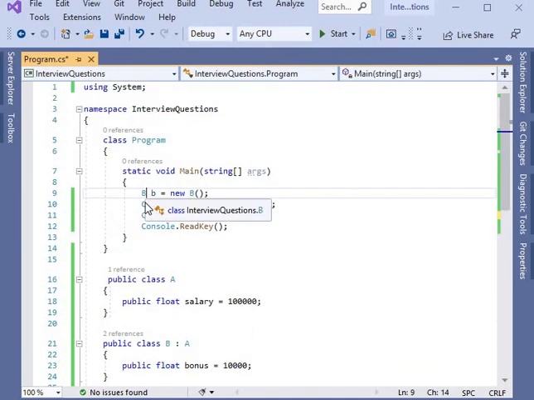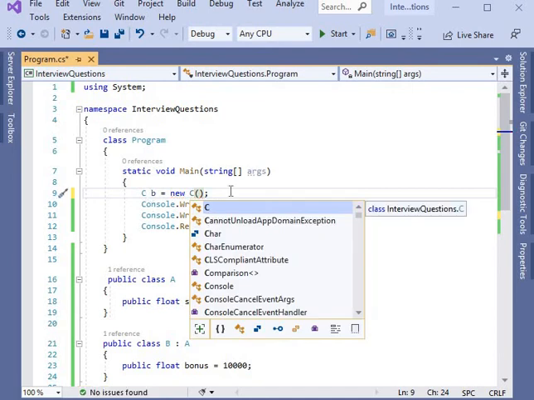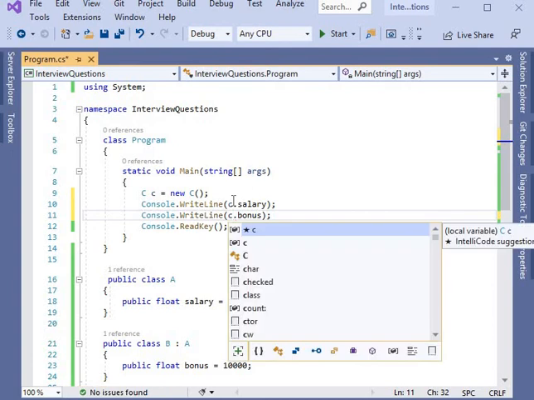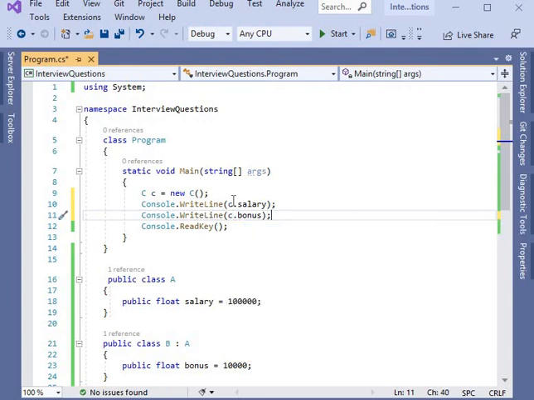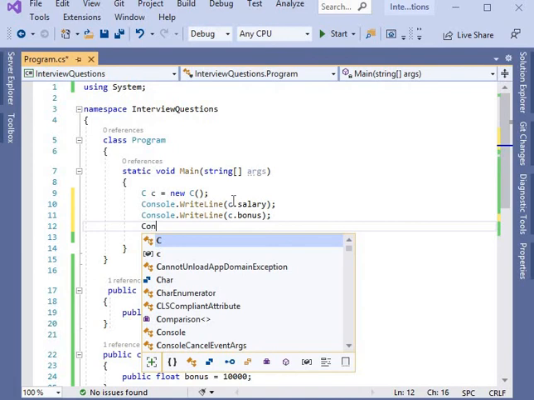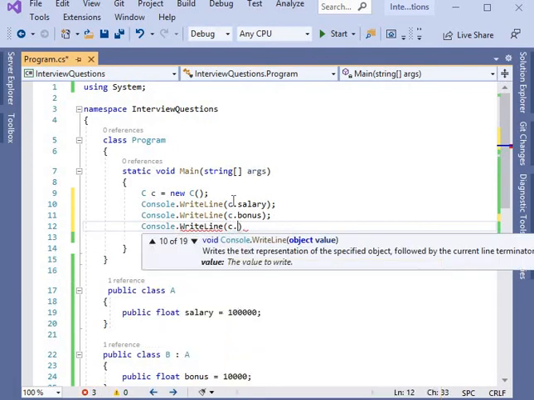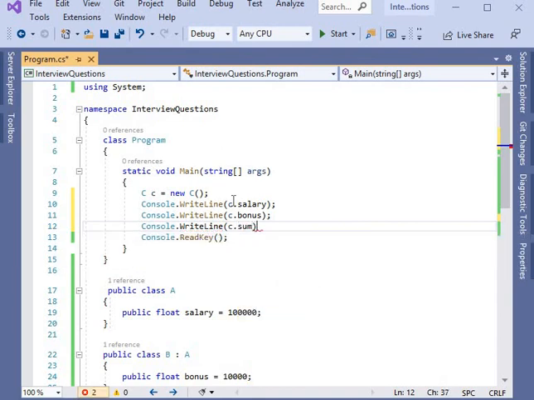Let's create an object of class C here, C c, right? So we can use methods and variables of class A as well as class B. Console.WriteLine(c.sum). So we can see here